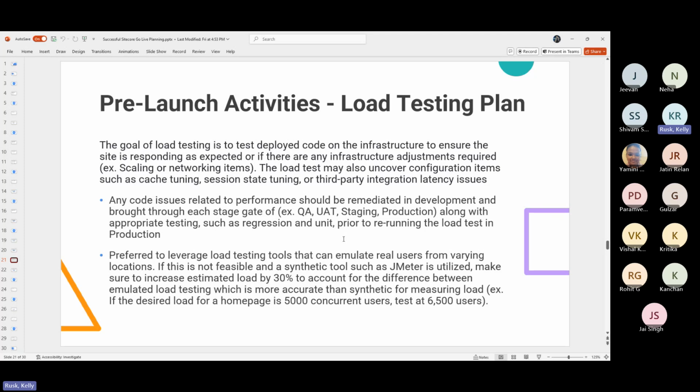And you want to find testing tools that can emulate real users. SmartBear is a good tool. But if you can't do that, something like BlazeMeter or JMeter can be utilized. JMeter is very common to use. But if you use some of the synthetic load, that's not emulating real users and a real user journey, you want to make sure that you're adding a buffer. So I tend to go like 30% above. So if I'm going to test for 10,000 users, I'll put my load test actually at 13,000 users